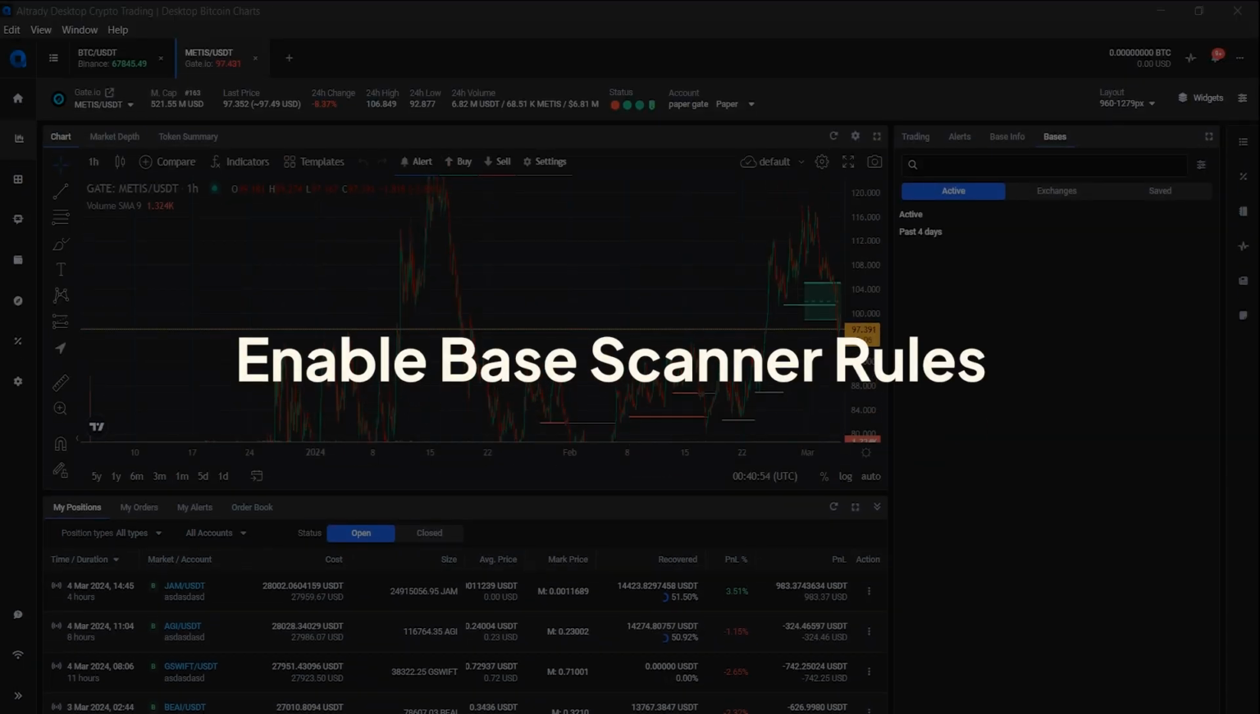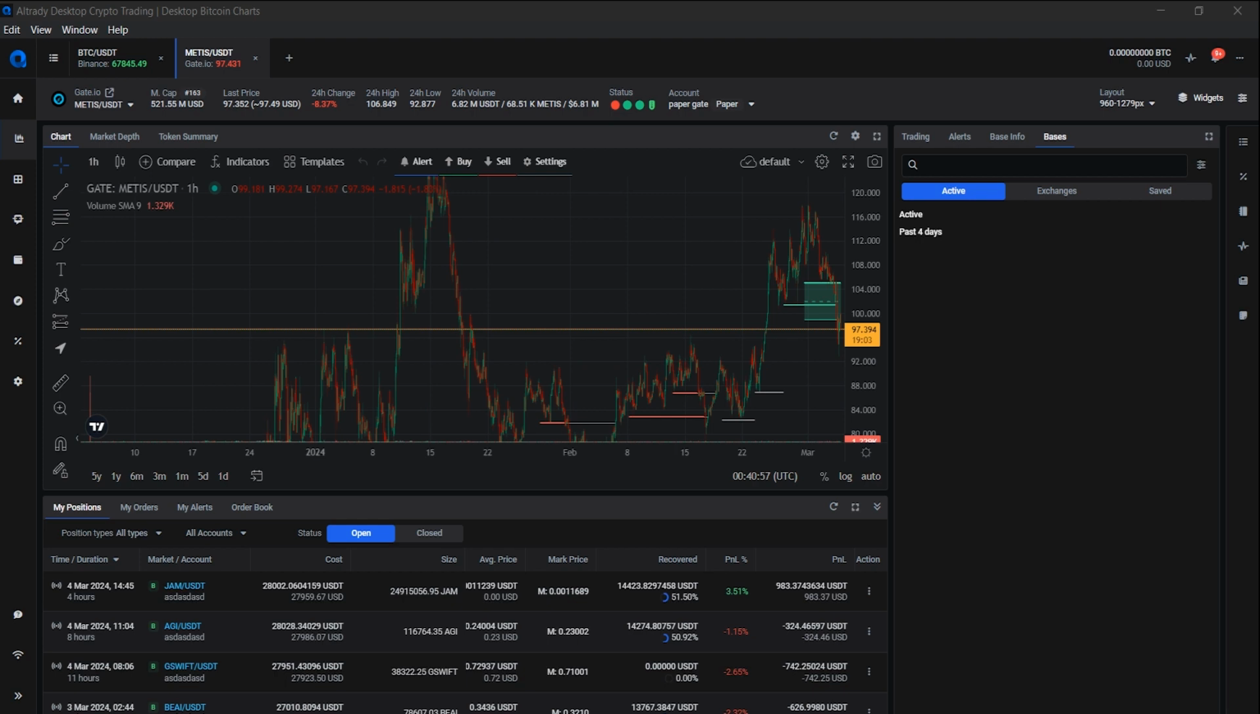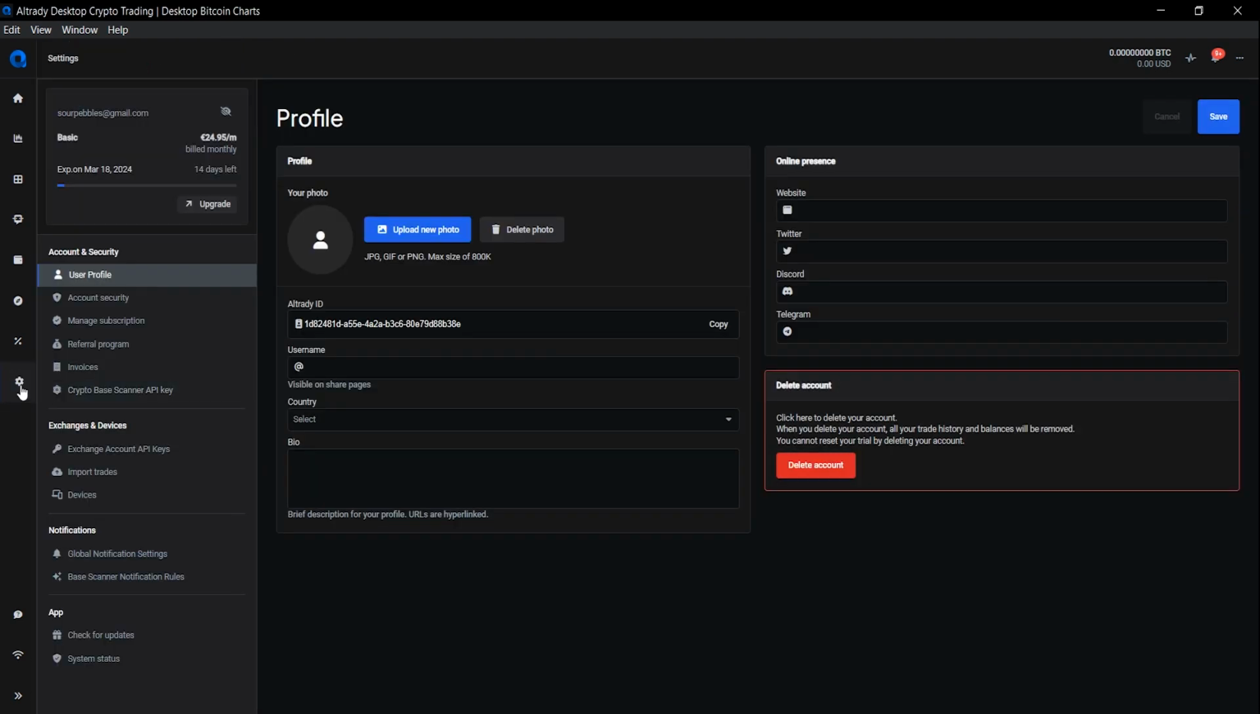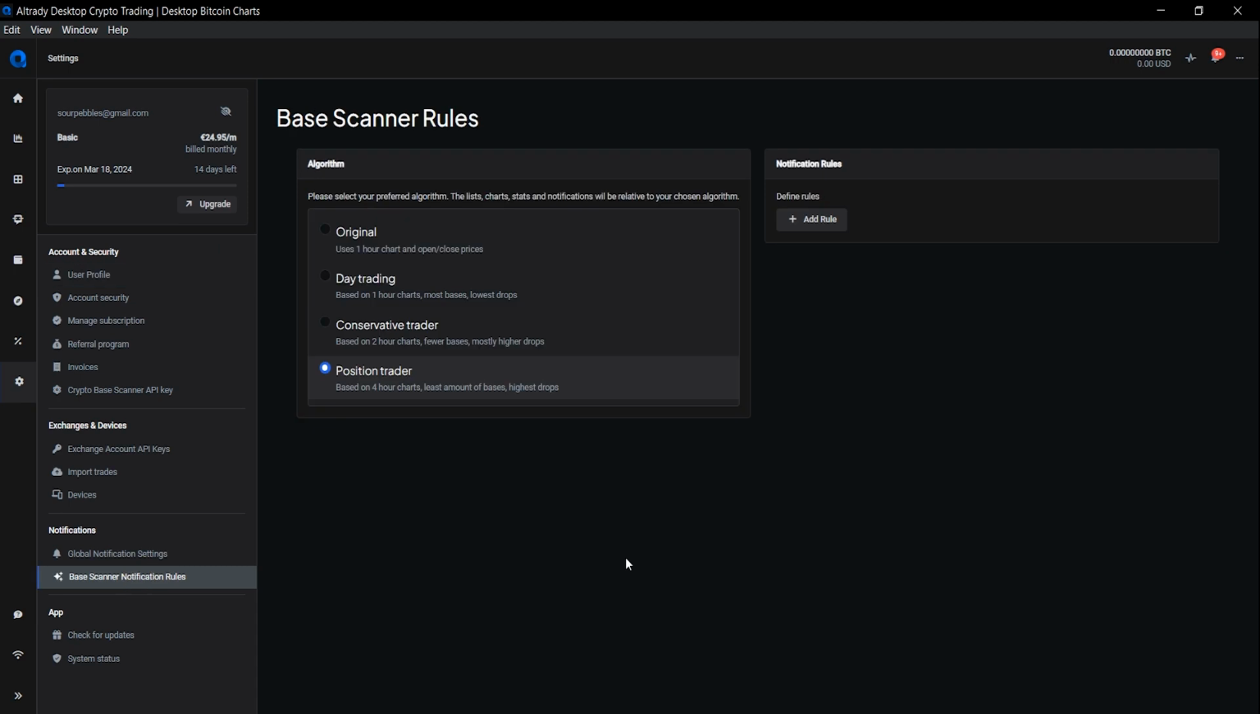Enable base scanner rules. Now that we have enabled the bases on the chart, we need to enable the base scanner rules. These rules are basically a filter that enables us to receive alerts from the Altrady crypto base scanner. Let's see now how to do that. 1. First, go to the settings bar on the left, choose Settings, then Base Scanner Notification Rules from the Notifications section. 2. Select an algorithm. We'll pick Position Trader for this example, as it fits base trading, which is a long-term